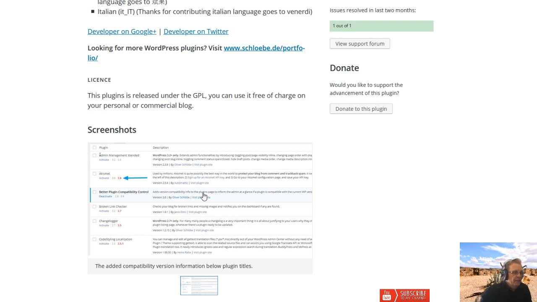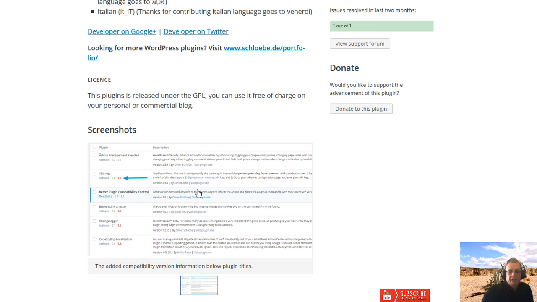It doesn't necessarily mean it will or won't, because of course I run plugins on my site that are like 3, 4, and 5 years old, and they've not been updated since. So they still work, but that's not what they were designed for. But what this does is this gives you an idea if you're having some issues with your site or a plugin, and you see that, oh, hey, it's still only compatible with version 4.6 of WordPress, and we're now on version 4.2 something, getting ready to have 4.3.